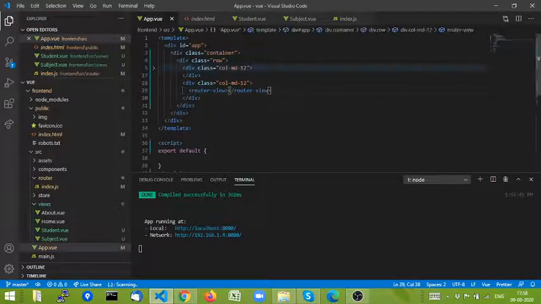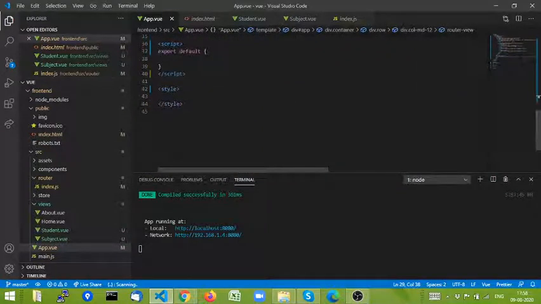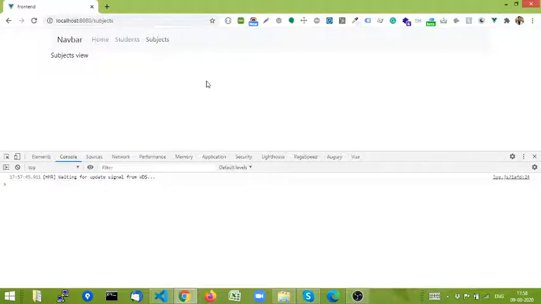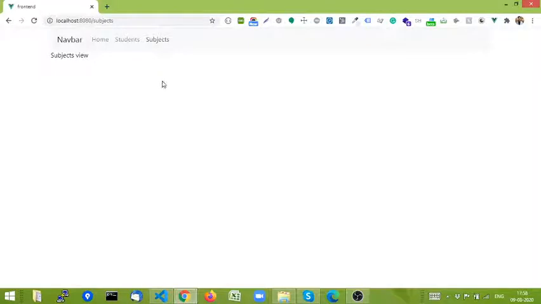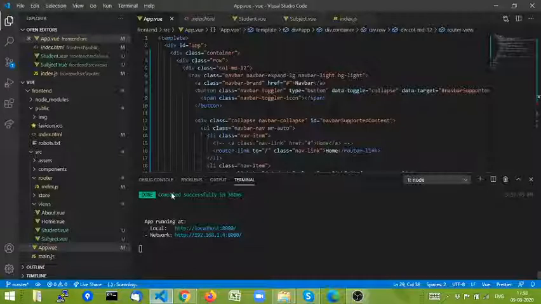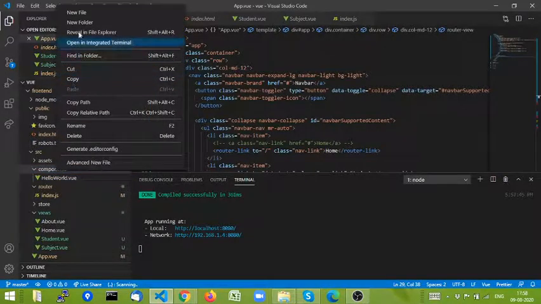But now if you see, our app.view file is very scattered and very lengthy. So what best we can do is grab a header view section. That is what we are going to do most of the time in a real-time application: we will divide the header, we will divide the footer, and in many cases we also divide the content area into left, middle and right sidebars. So for now let's divide the header into a separate component. For that I will create one more component in the components folder,